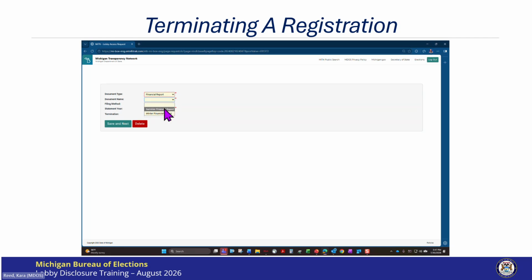And because I'm terminating during the summer financial reporting period, I will choose this document name, 2026, and I will say, yes, I'm terminating. I'm going to put my termination date of 7/29/2026 and click Save and Next.